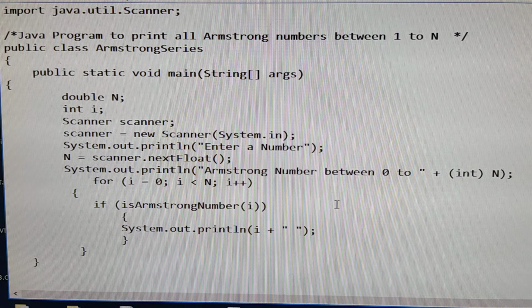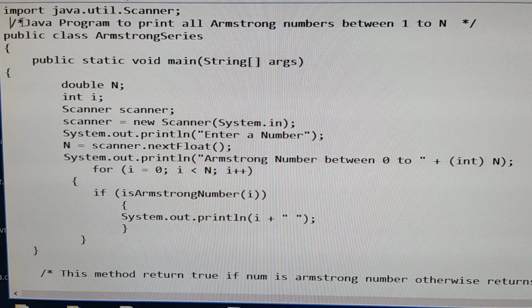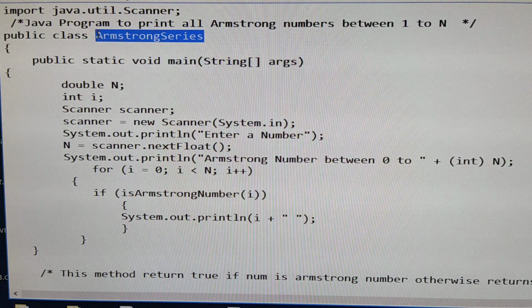Okay. So here you see I am using the java.util Scanner class, because it is an array. If you are taking more than one value, a series of values at runtime, you can use a Scanner class. So what is the class name here? Armstrong series.